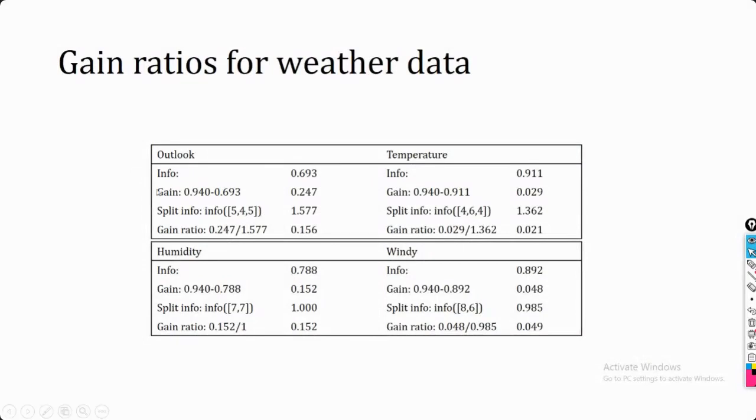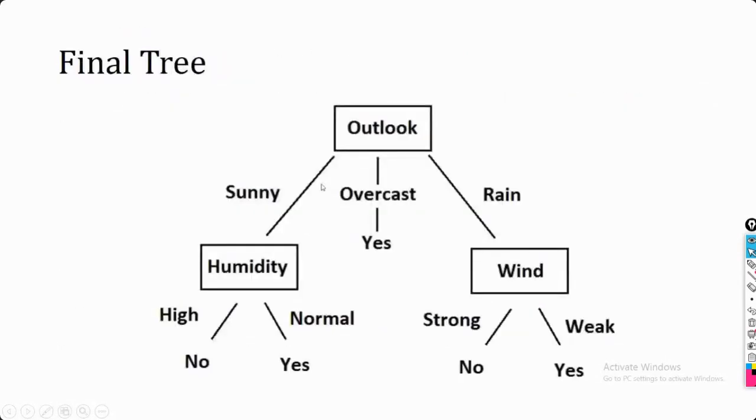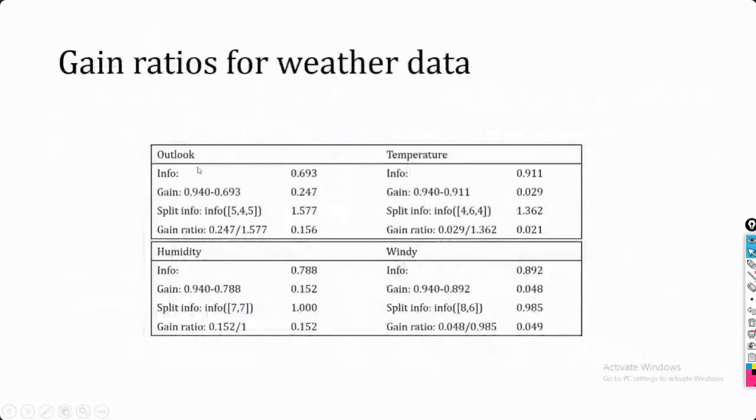Suppose here we have taken your outlook. So for your outlook, this is your entropy, and this is the complete gain that we have calculated till this point. Whatever information gain concept we have used till this point in order to calculate the gain, this is representing the same thing. Now this split information is new. In order to calculate the split information, first I will calculate how many values are there, and for each value how many instances fall into that particular category.